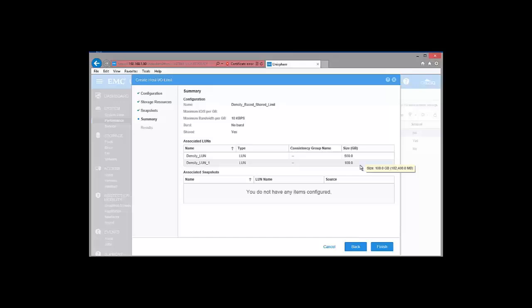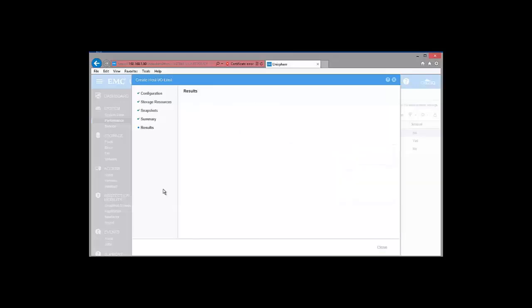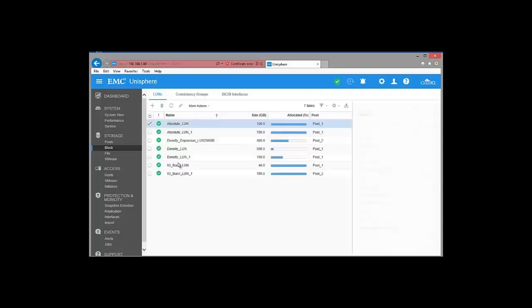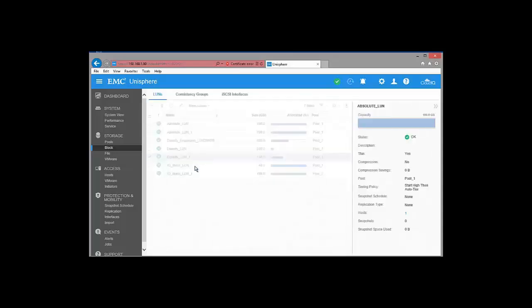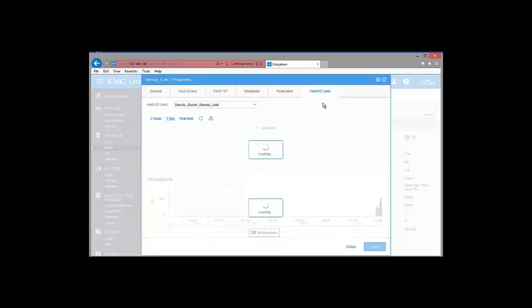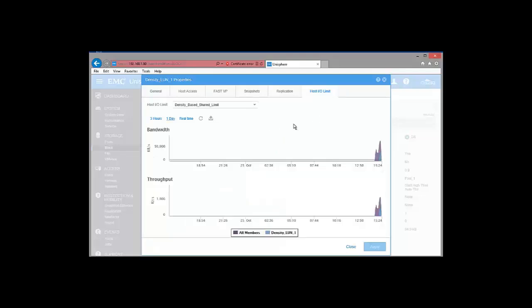So let's finish that up, and we look for this to complete. It does. I'll close that, and then I'll go back to the block storage, double click on that. Again, once the properties come up, I'll go ahead and go to my host IO limits, and again we're going to go to real time,